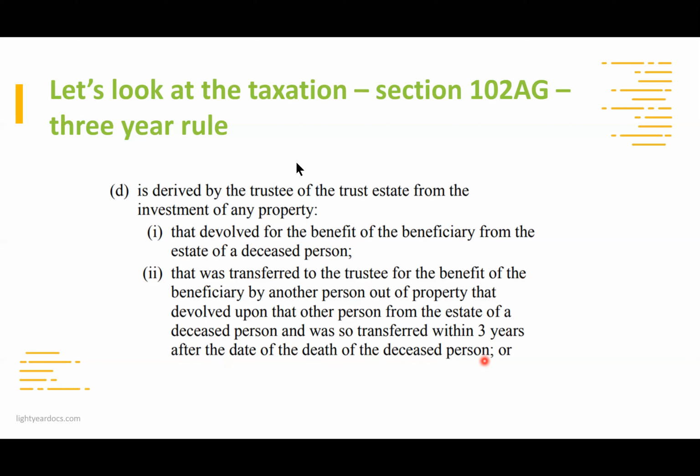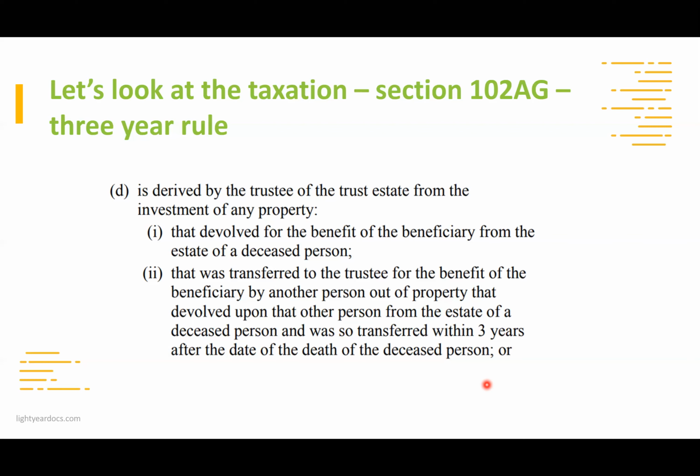So this is not a 2A, so this is a 2D. So it is quite bizarre. And again, sometimes I don't think about it, I have to do a bit of research. But if, for example, we have a property that's sitting there and the property is then paid to the minor, then the minor child, a testamentary trust can then be established up to 3 years after that date.